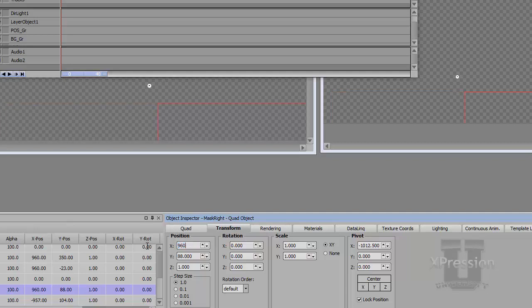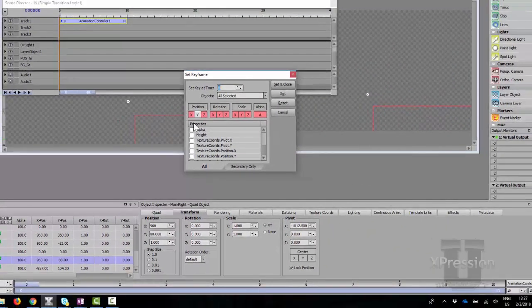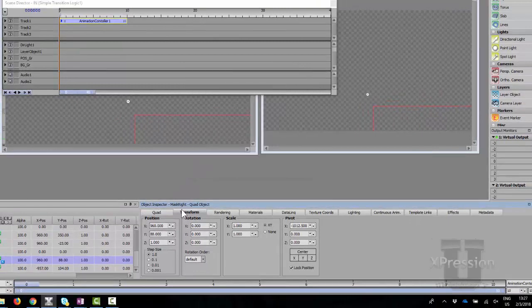So if we start with the right mask in the middle, that's 0, so I'm going to make a keyframe on the X position, set and close. The shortcuts are Control K and Enter in case you need those.